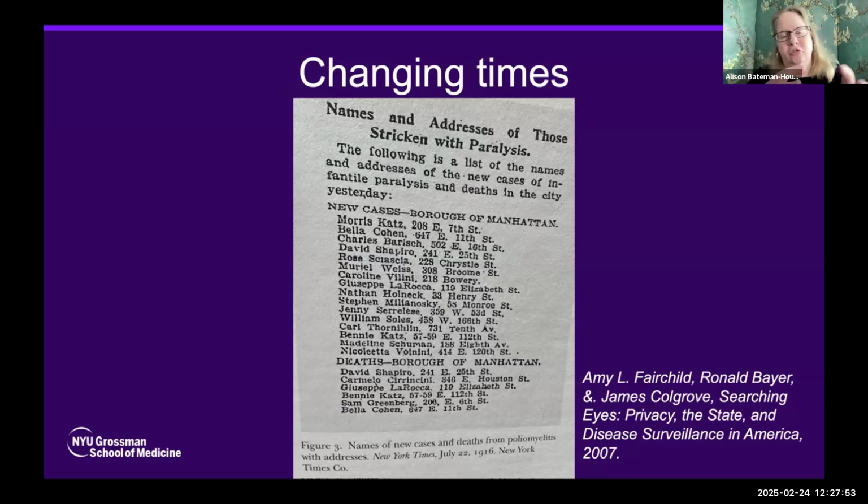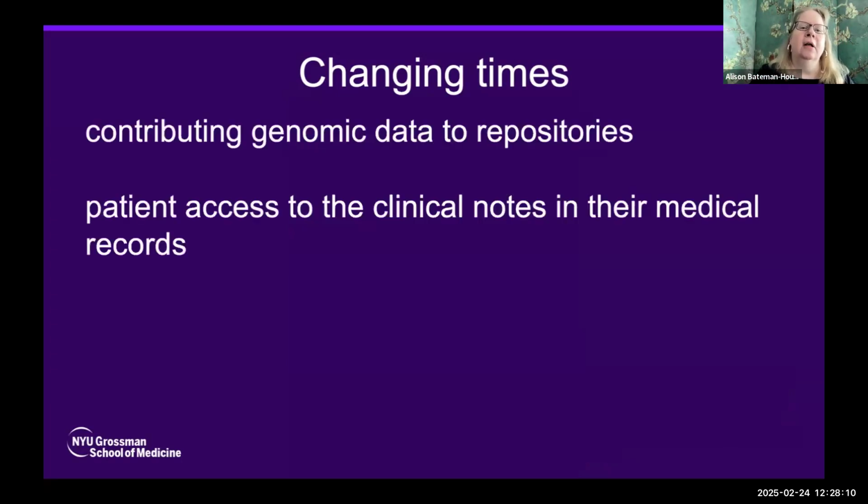And now we're shifting from this lockbox of medical privacy to we want to share data. We just need to figure out how. So this was just meant to be a little bit of encouragement to all of us, even as we navigate this complex and confusing matter. And you can see the changing time in the fact that people want to contribute their genomic data to repositories, even though they know in the past there's been concern that the data may get out and may affect their employment, or police may have access to genomic data, et cetera.